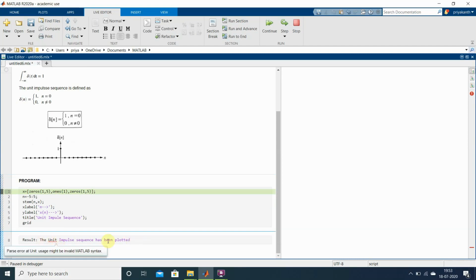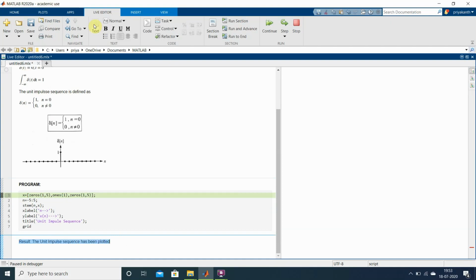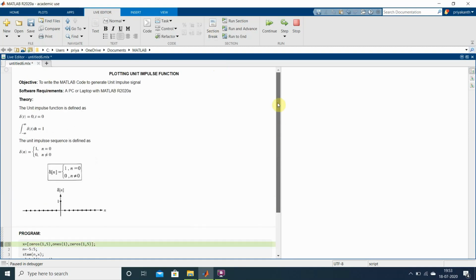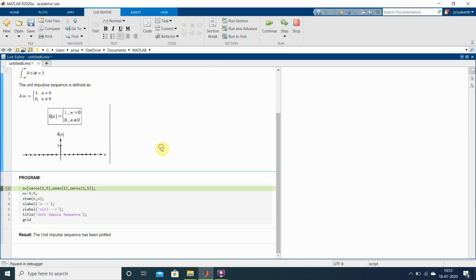So see here, whatever I have typed here is showing as code, because it is pasted in a gray strip. So I want to convert all this into text. So clicking on this again, text. Yeah, now it has become text. So result is being kept in bold. So it's over. I want to add again one more section break. Yeah, so this is all about